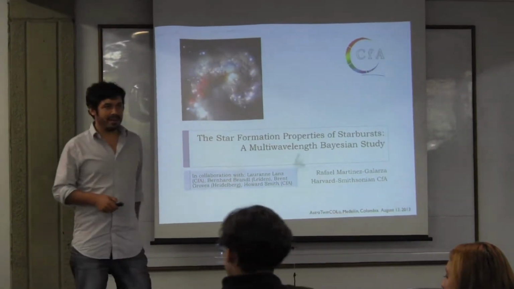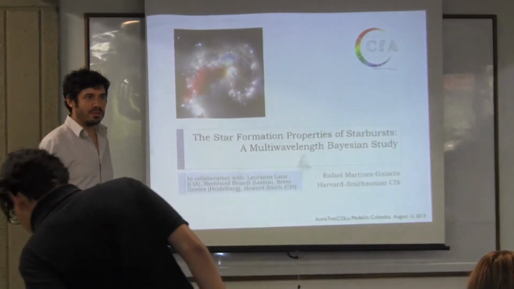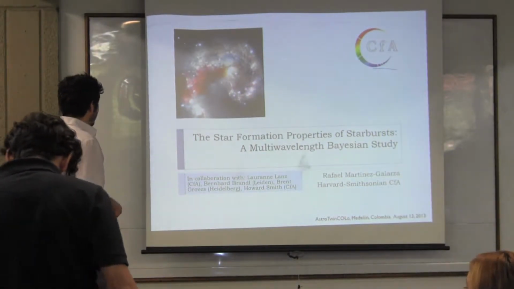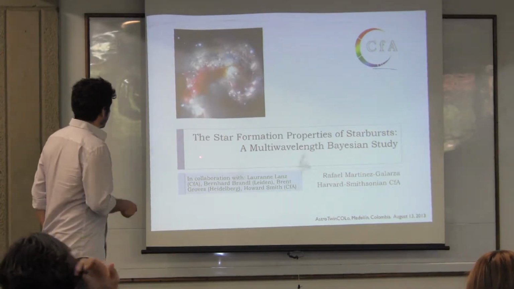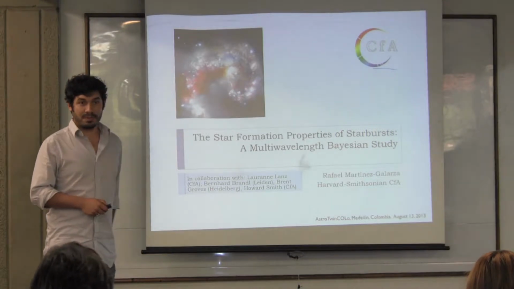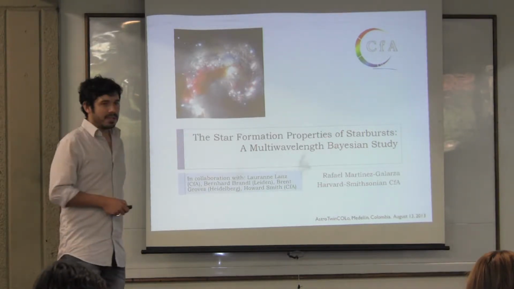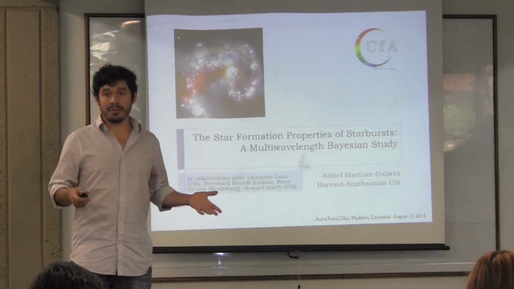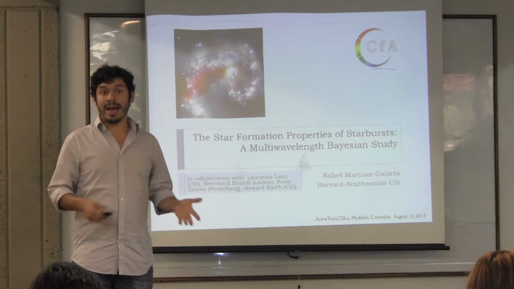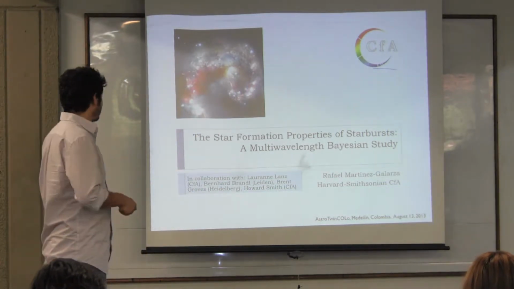Before I came here, I looked at the title slide and I realized that maybe it already sounds too serious. So I thought I would start just by telling you what this talk is going to be about. Basically, as you can see, I'm going to be talking about star formation, so how stars form, in a particular type of objects called starbursts, which are regions in some galaxies where the star formation efficiency is particularly enhanced by some physical conditions, and we're going to try to see why that happens.